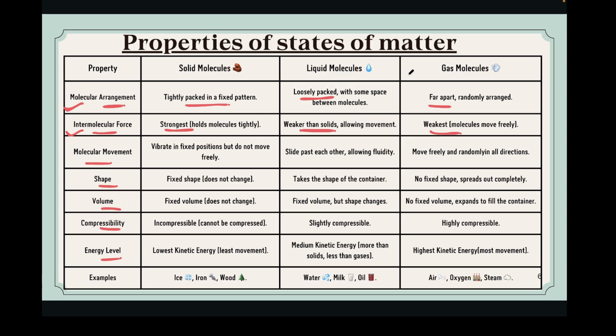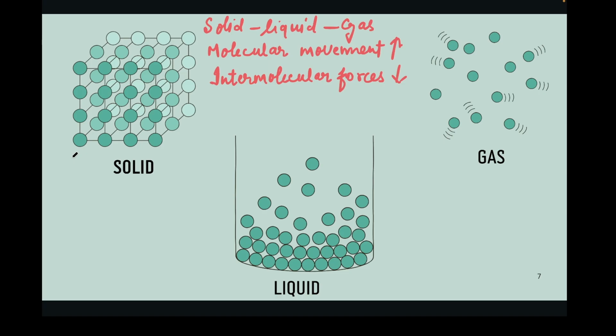The next property that we are going to compare is molecular movement. As we discussed, in solids, molecules are tightly packed and only vibrate in place. They cannot move freely due to strong intermolecular forces. In liquids, as we know, molecules are close together but not in fixed positions. They can move and slide past one another, allowing liquids to flow and take the shape of their container while